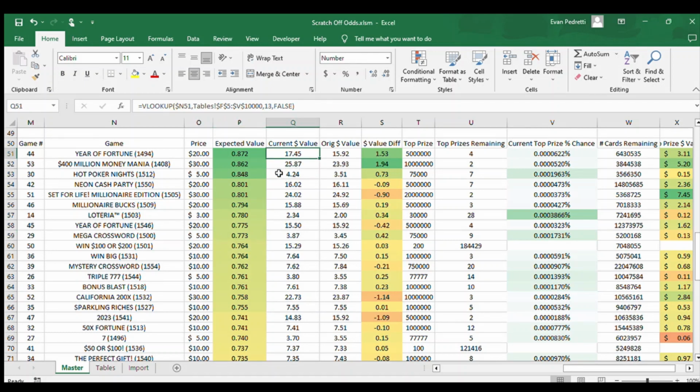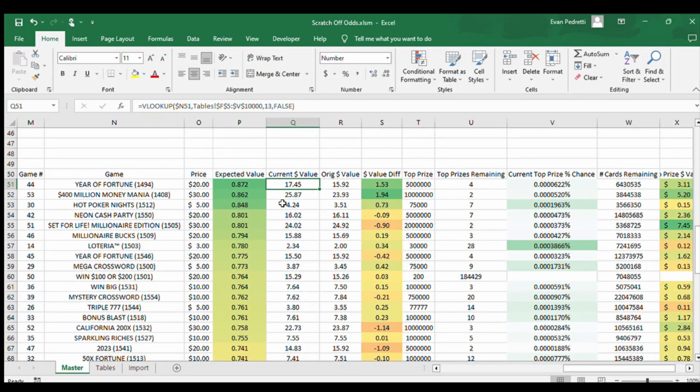Some of this other information I was able to gather with just a bit of data manipulation here. The current value is basically the current return off of one card, basically how much one card is worth based on the odds. And this obviously changes based on how many cards have been purchased and how many prizes have been won, right? So if you think about it,